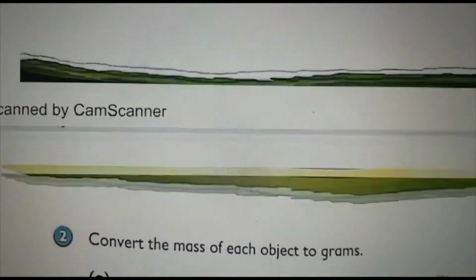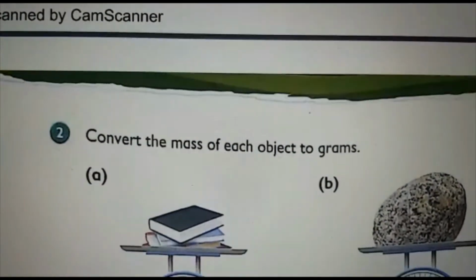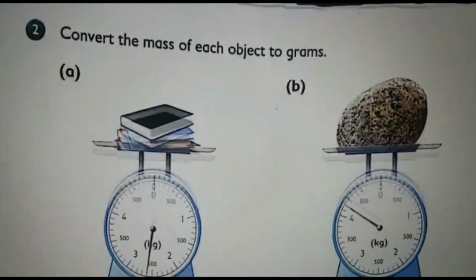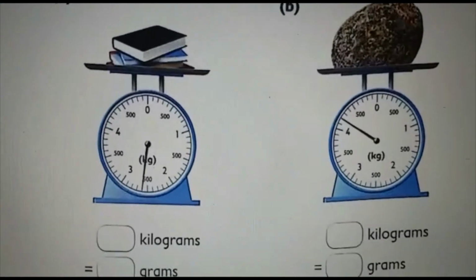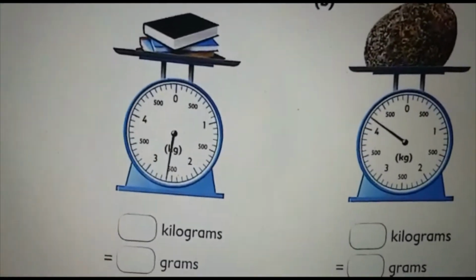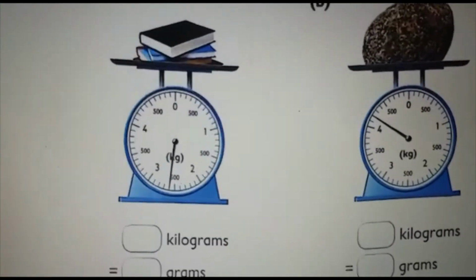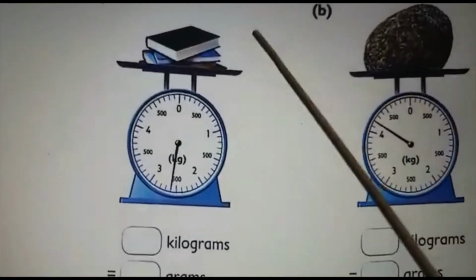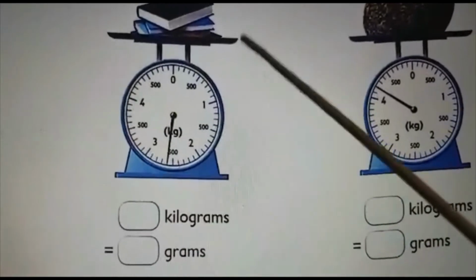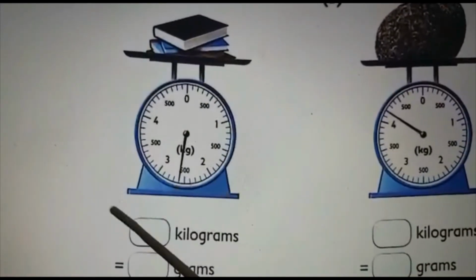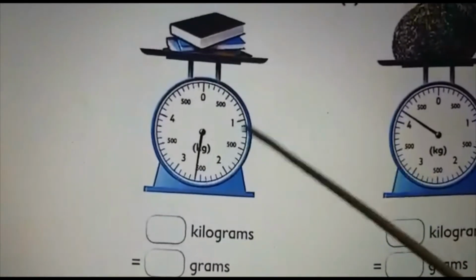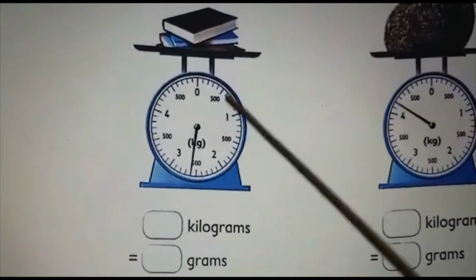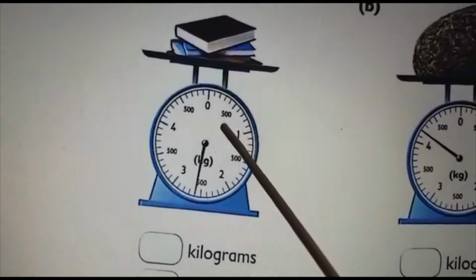Next we are going to the conversion. Okay, conversion is more important than this. First you need to identify and then we are going to convert. Before conversion you can just look at this. See, few books are kept on this balance. So this one also you can do as homework. Okay, and we can see the readings here. So the question is, first you need to write how many kilograms is that, and that is equal to how many grams. The first one I will explain to you.